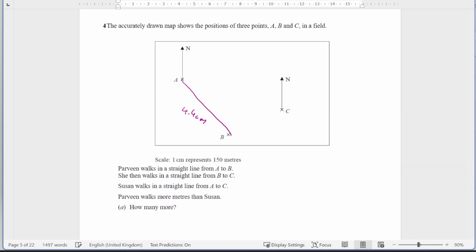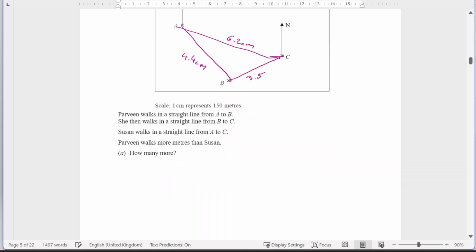If I measured B to C, I'll do this now on my paper copy. B to C would be 3.5, and then A to C is 6.2 centimeters. So I'm going to work in terms of centimeters to start with, then I'm going to convert afterwards. So I'm going to say 4.4 plus 3.7, 3.5, that would be the total distance that Parveen walks, and then from that I want to subtract the distance that Susan walks, 6.2,